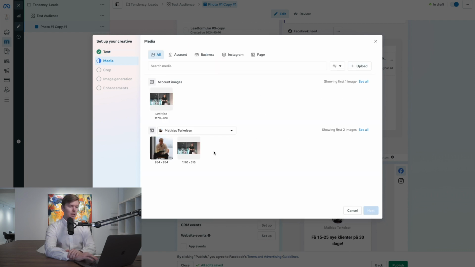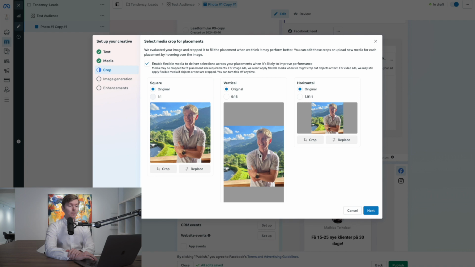Now here we are going to put in a photo. I'm just going to use one of the photos I have on my desktop right here. You just press upload. So you select your photo, and when it's uploaded, you can just pick it right there. Then press next. What works pretty well, you can do the different formats, but just having a square image actually works pretty well on the story format as well, because your text is going to show up at the bottom. I'm going to show you some enhancements that make this pretty effective. If you only have a square image, it's pretty good.